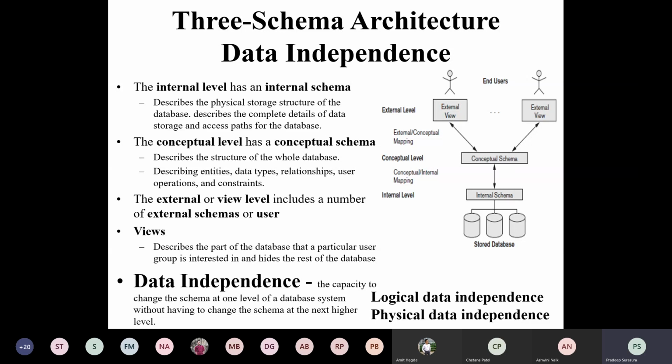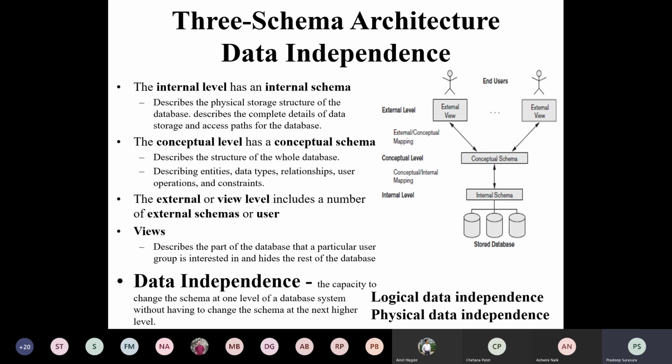So next, see, one part of three schema architecture is data independence. The meaning of data independence is that if you update or alter anything anywhere, the other system should not be affected. So data independence is the capacity to change the schema at one level of a database system without having to change the schema at the next higher level.